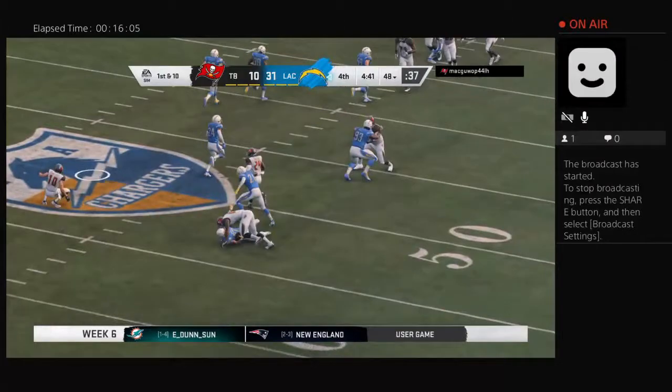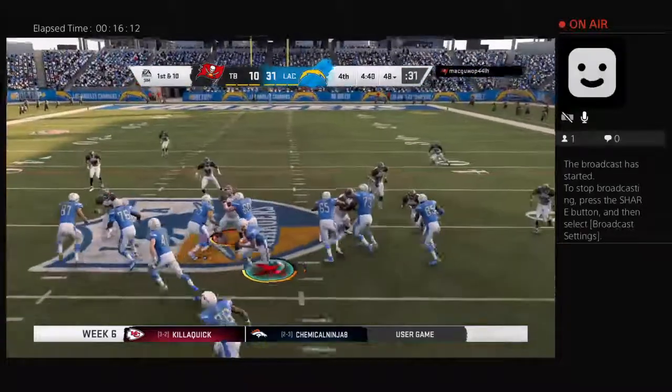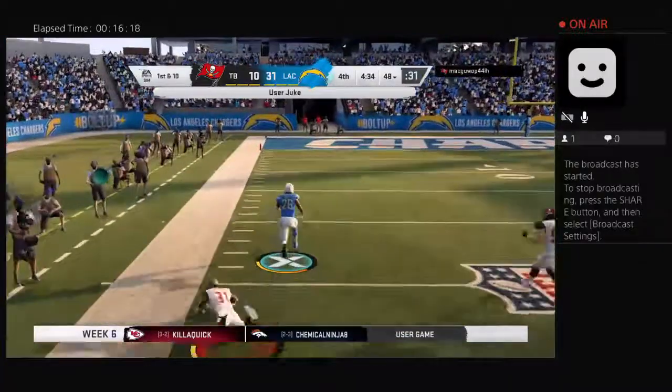Charles, whatever's going on between his ears right now, it's just not completely calculated correctly. 7 picks between last week and this week after that one. And they always say the most important part of a player is those 6 inches between the ears. But right now, it's all those...